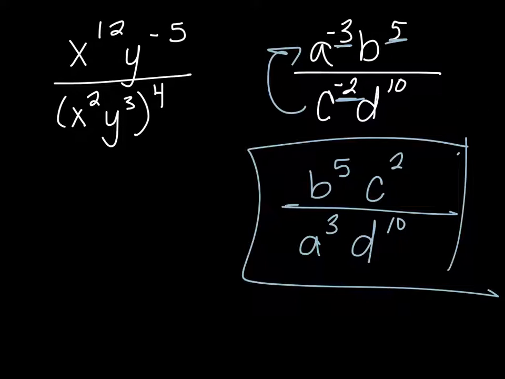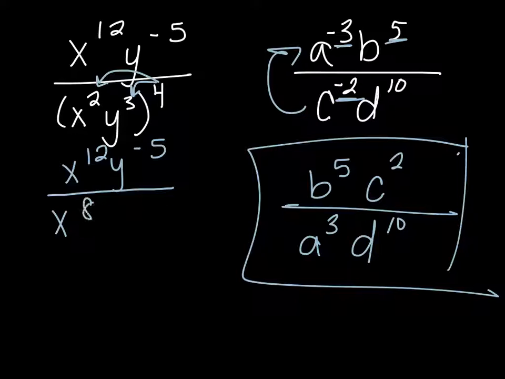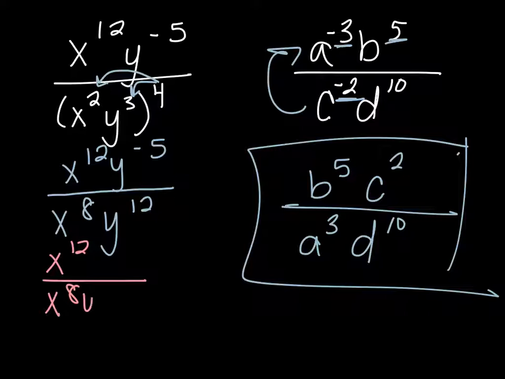So to do this next problem, I'm going to do one piece at a time. I'm going to leave the top for just right now. The bottom, I'm going to distribute by pow, pow, multiply now. So my next step, all my positive exponents are going to stay. My negative 1 is going to cross the line and change the sign. So my final answer here is going to be,